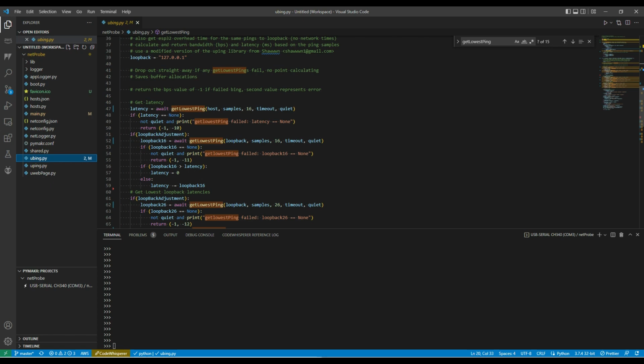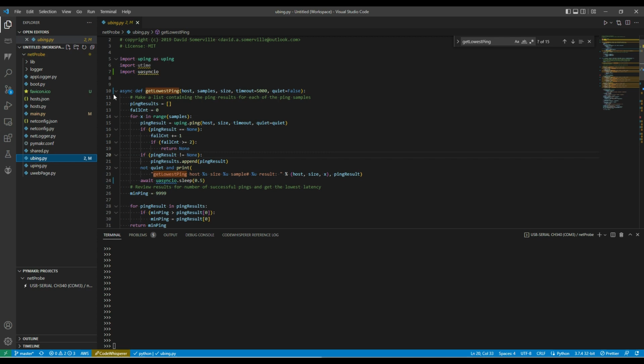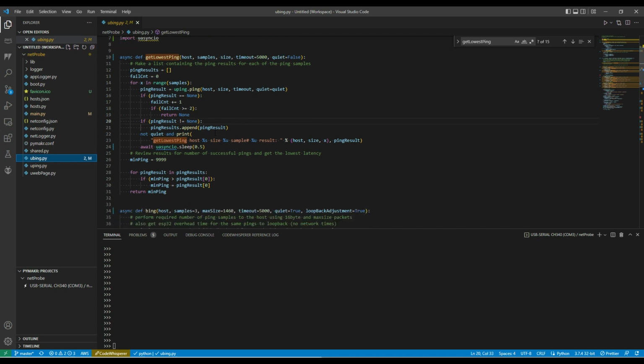So every time it calls the ping routine, it does it with an await, which allows it to pass control while still in the async down to the get lowest ping. And this is the routine that does multiple pings just to get the lowest ping of a certain sample size. And this is where kind of the magic happens with the async. So down here, when it calls this, I've put in an asyncio sleep half a second after every ping. So this is the bit that's going to release control back to async